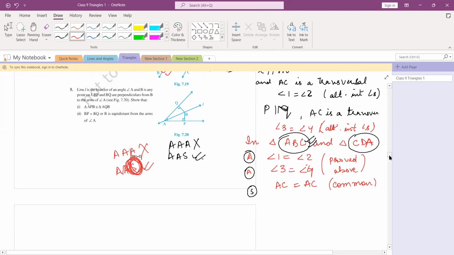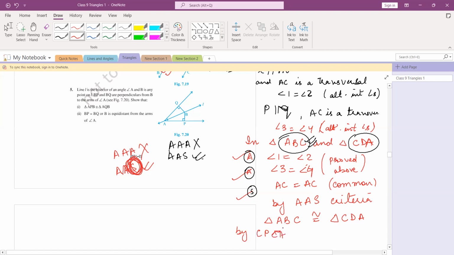So now we have got one angle, another angle, and one side. So which criteria? By AAS criteria, the two triangles are congruent. So now we have shown that they are congruent, so now we can use CPCT. Unless we show that they are congruent, we cannot use CPCT. Now, once we have shown that they are congruent, now by CPCT,